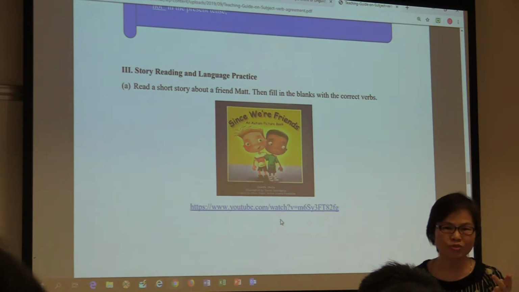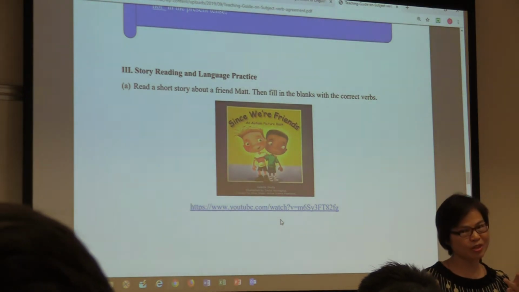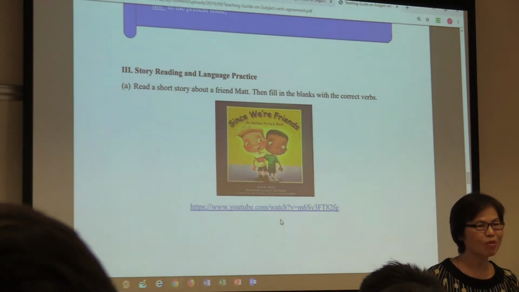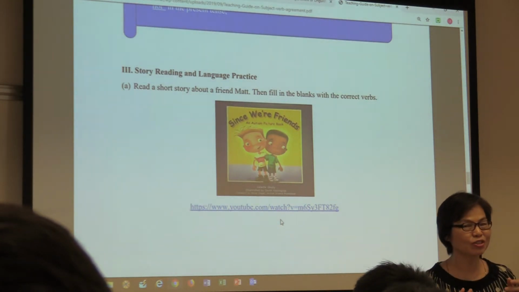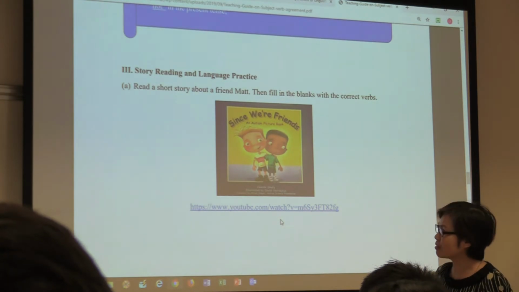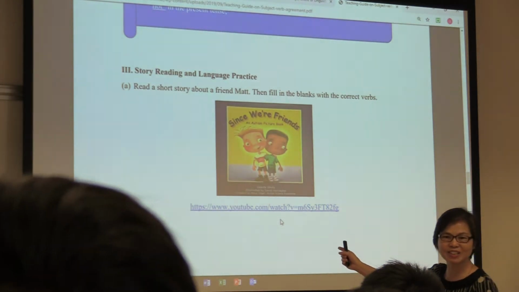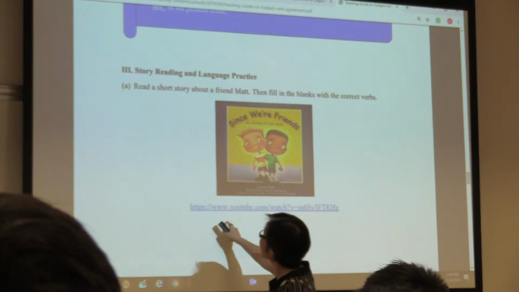And then the third one should be the practice stage, language practice. Something more, maybe something more repetitive for the students to understand. But in this lesson plan, that part is missing. It comes to the last part already, the